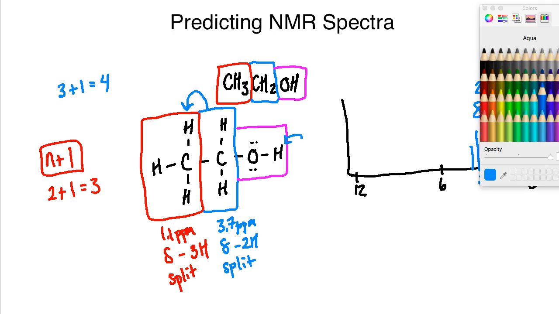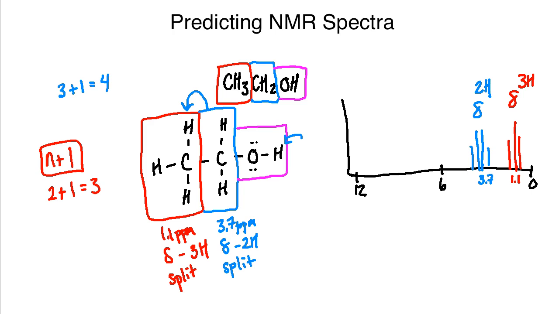But what we're going to do is just make our best guess right here, and let's go ahead and say that the alcohol is going to show up at 4.5, which we'll mark right here. The important thing is where we're seeing this, and especially that the CH3 group is further upfield, or closer to 0, compared to the others. So we'll say that this has about a 4.5 ppm,